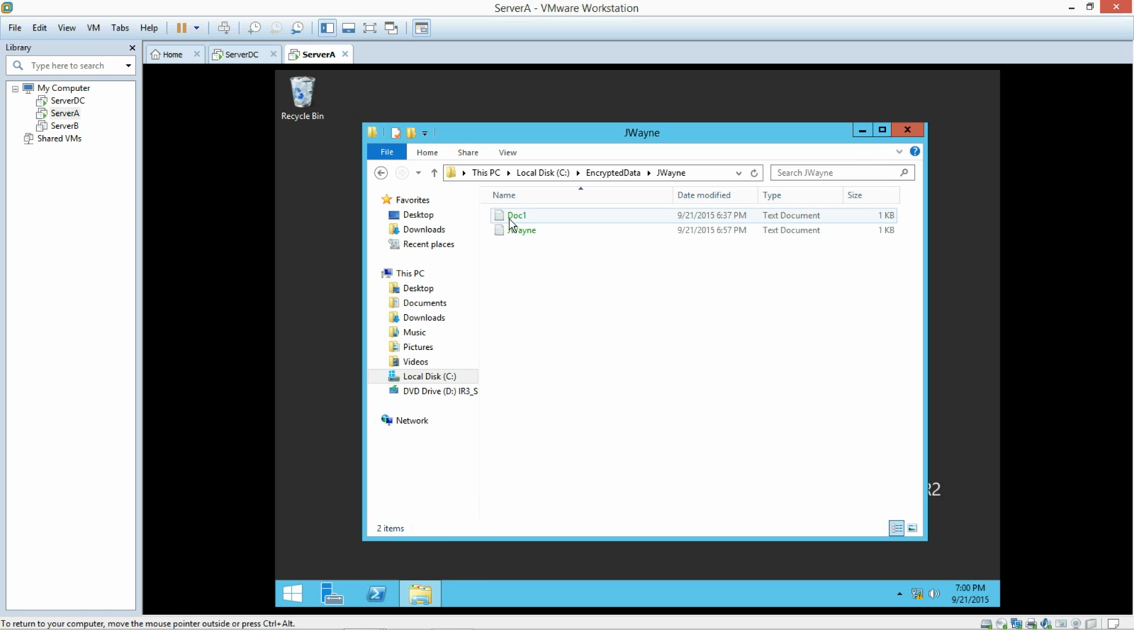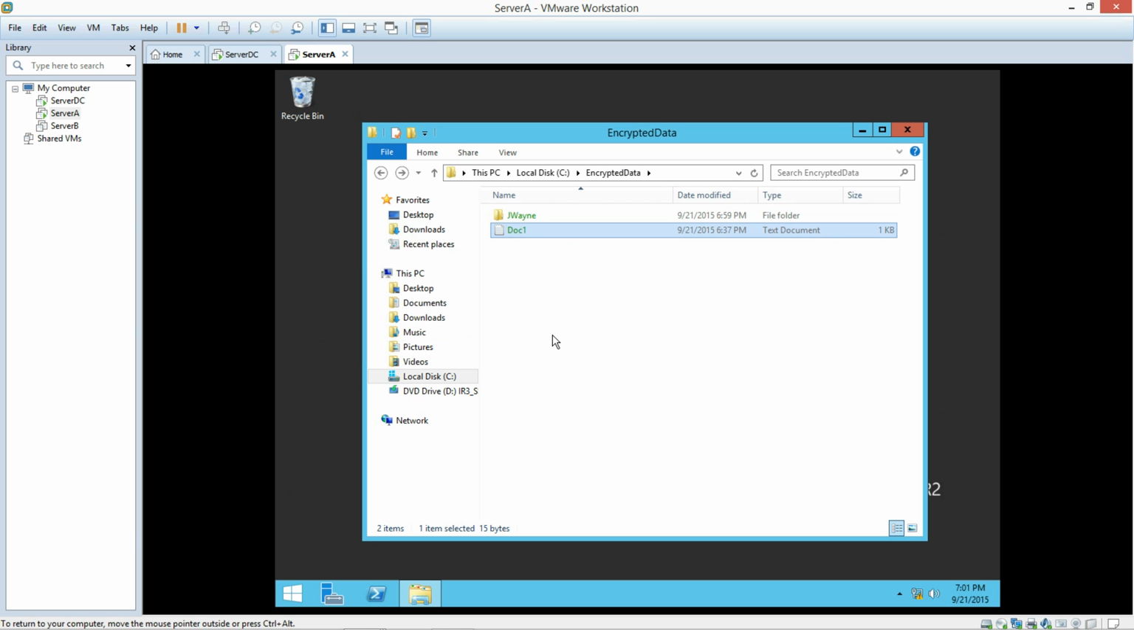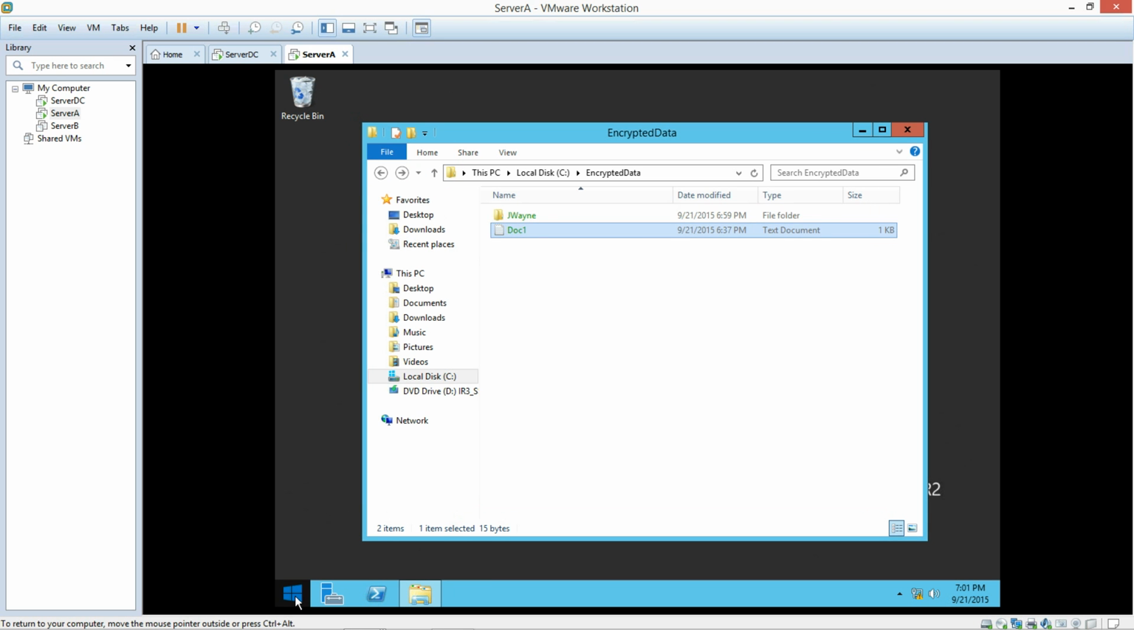Now we're going to copy doc1, so right click and go to copy. We're going to go to the C drive and go to encrypted data, and we're going to right click and select paste. And now we're going to open doc1, and as you can tell, we could still open it. Now we're going to log out,